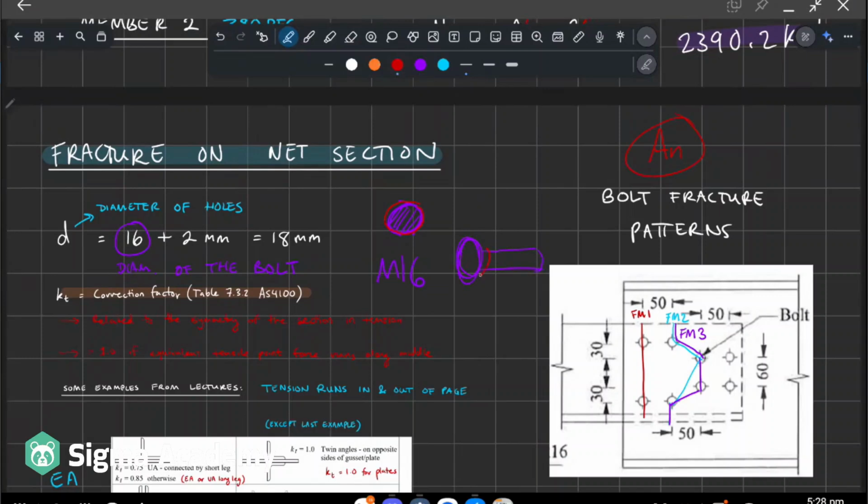They have these threads, right? And that thread, we can assume is 1 millimeter surrounding the bolt. So we have to subtract 2 mil to account for the 1 mil on either side of the increased diameter from the hole. So that's where the 2 mil comes from. So we have holes, right, which are 18